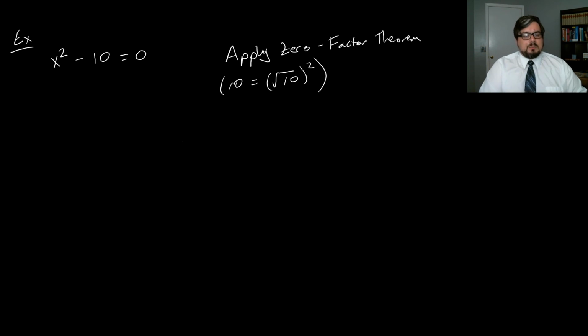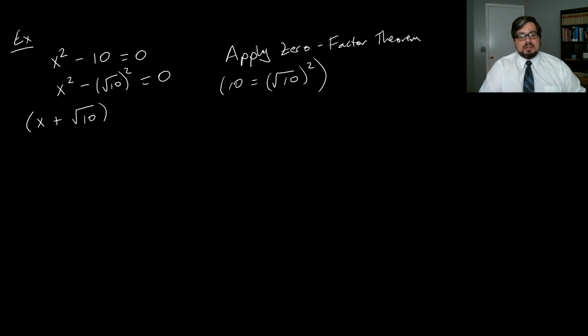So that means that we can write this equation as x squared minus the square root of 10 squared equals 0. And now we can apply our difference of squares factor formula and factor the left-hand side of this equation as x plus the square root of 10 times x minus the square root of 10